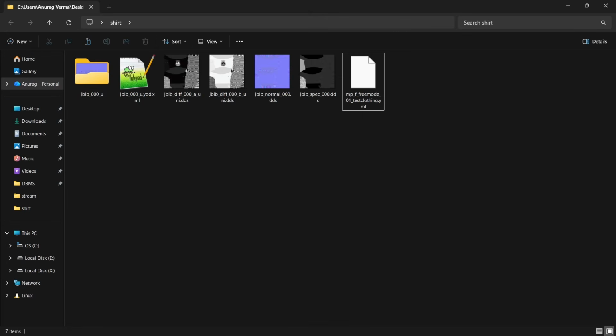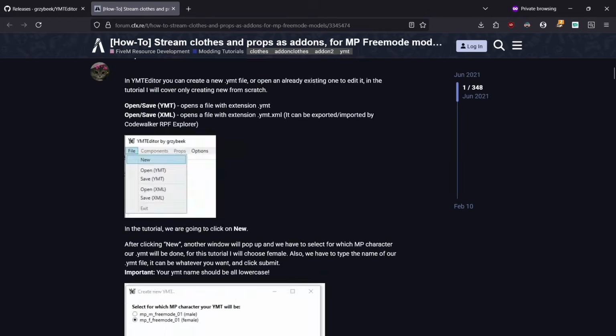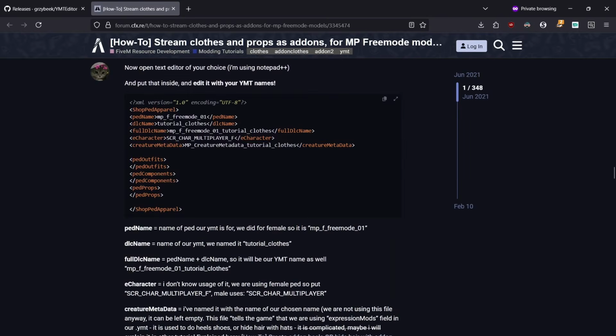Next, what we want to do is create some meta files and our manifest file. So I'll provide the link of this post down in the description. Just go to this, scroll down, and for our meta files, just copy this part,